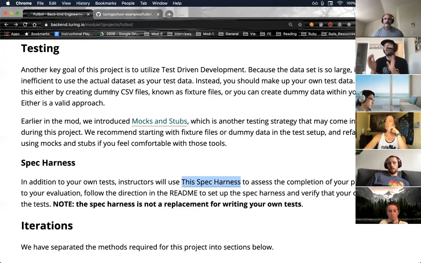Your actual code that lives in your lib directory is what the spec harness goes and looks for and runs on. All right, so that's a clear distinction to make. And also, the spec harness isn't a replacement for writing your own tests. We expect every method in this project that you create to have a corresponding test.